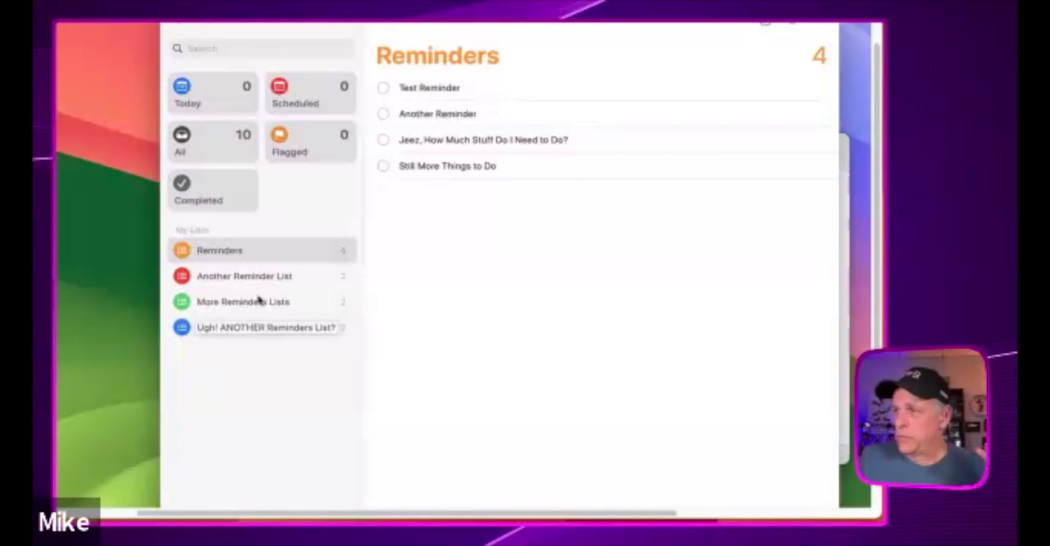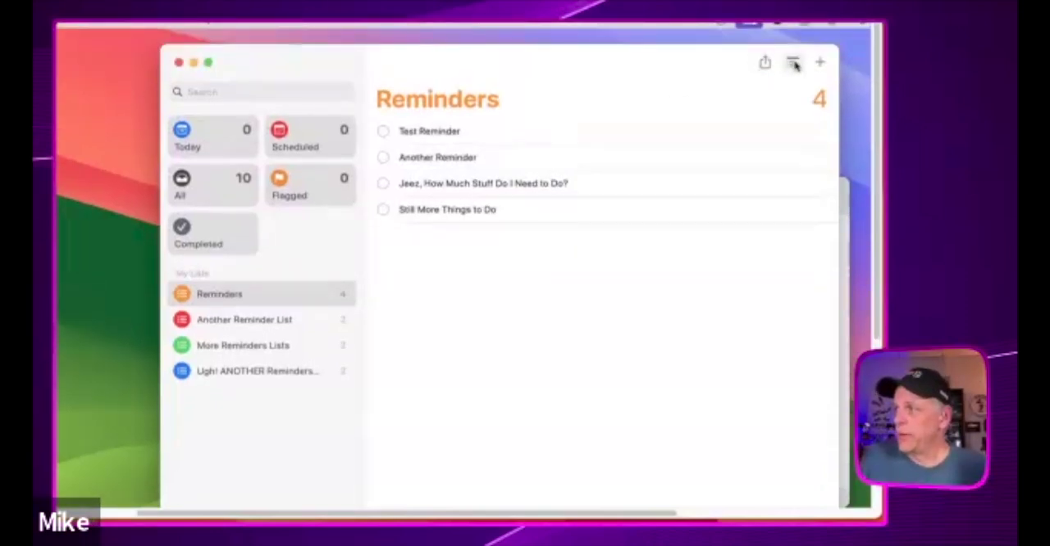Well, in recent releases of macOS, and I think this was, oh gosh, when did they release this? We're in Sequoia right now. I think this was new in Sonoma, but someone can correct me if I'm wrong. There is a neat new feature where, if you're like me, you really only need one reminders list over here on the left. And I'll just stick with the default reminders